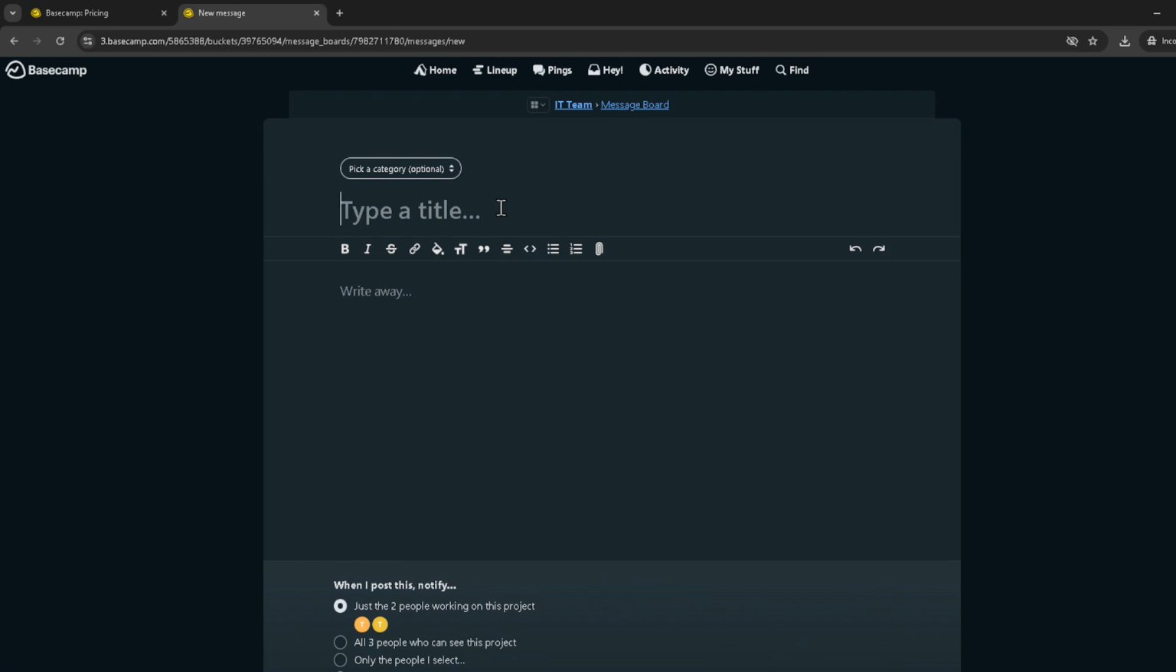Here's where you articulate the purpose of your post. Type in a descriptive title, something that immediately tells your teammates what your message is about at a glance. After that, dive into the details in the larger text area beneath. This is your space to expand on your initial point, provide context, ask questions, or offer insights. The clearer and more detailed you are, the better your team will be able to understand and respond to your